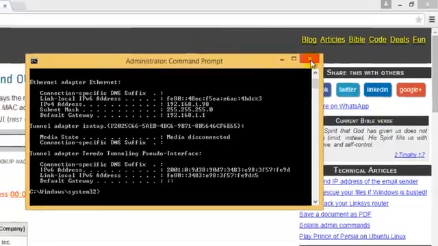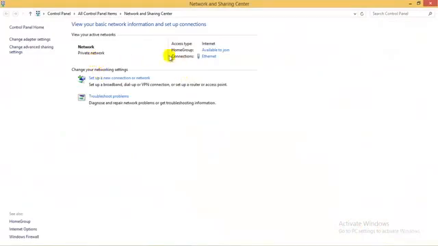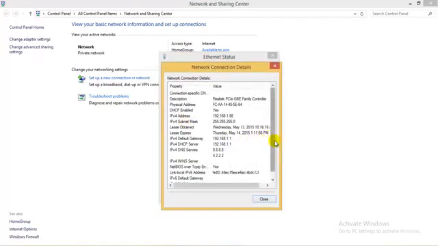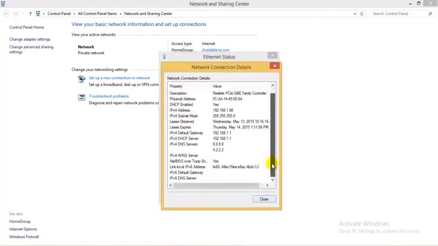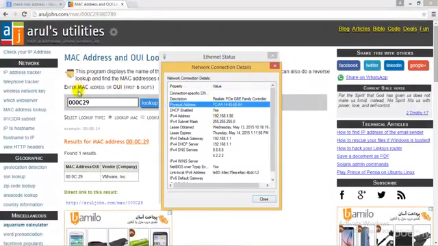So what I would do, I'll just cancel, go open over here and check. I need to go ahead and check the MAC ID. So I believe we have the MAC ID over here. Okay, IPv6 address, perfect. We have the MAC ID. So I'll just type it over here,